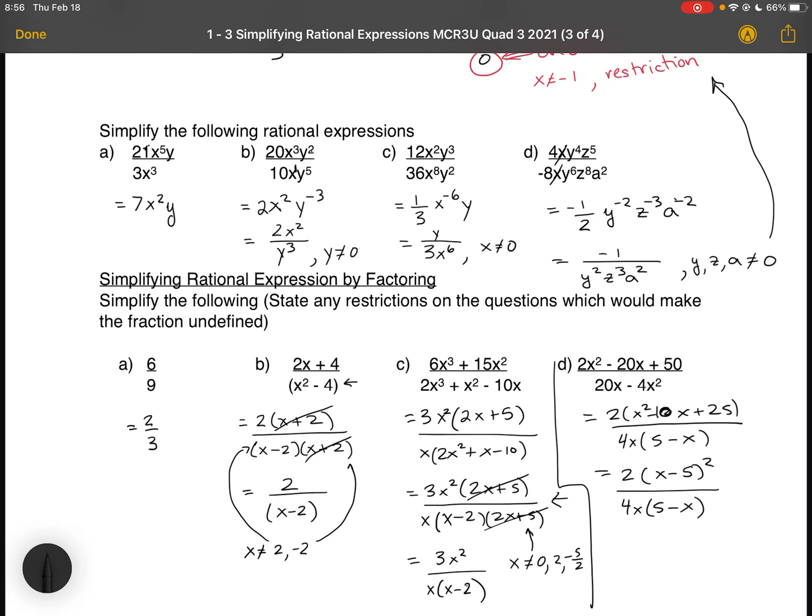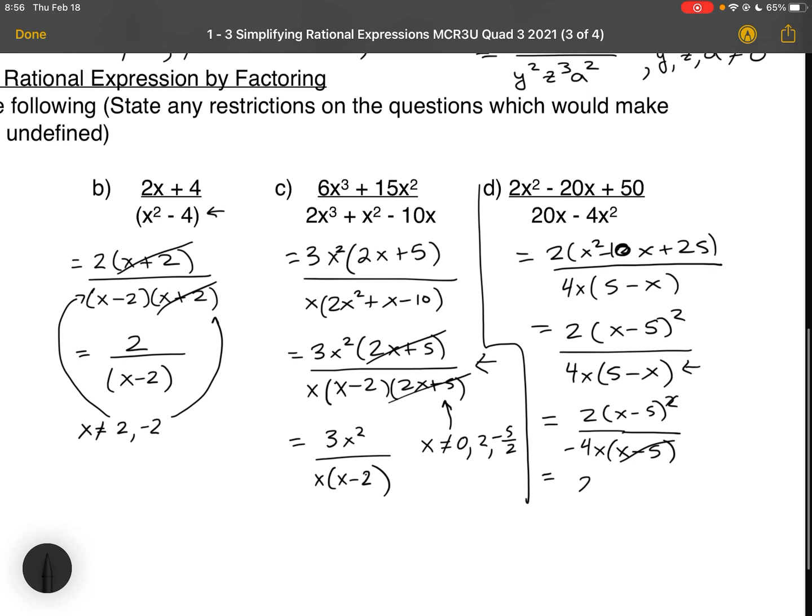And now it looks almost the same, but not quite. I have my x and the negative side in the wrong spot. So what I'm going to do on the bottom is actually factor out a negative sign, which is going to make my denominator negative, but is going to flip the signs in my bracket. If you check, if you multiply the bracket by -1, you will get back what you started with here. But now making that adjustment means that I can cancel out that factor from the top and the bottom,